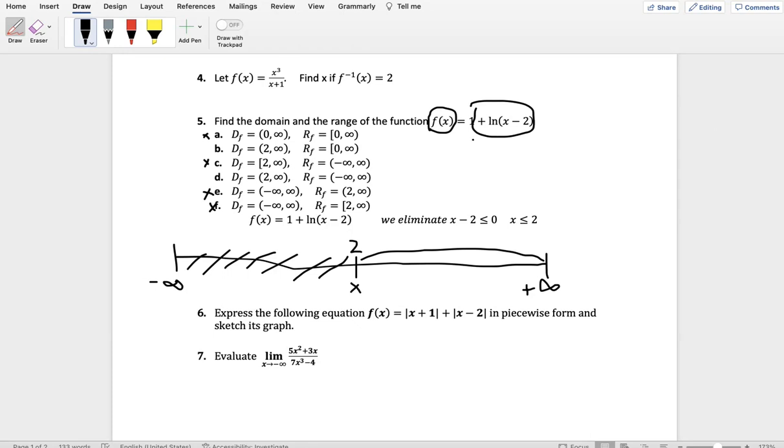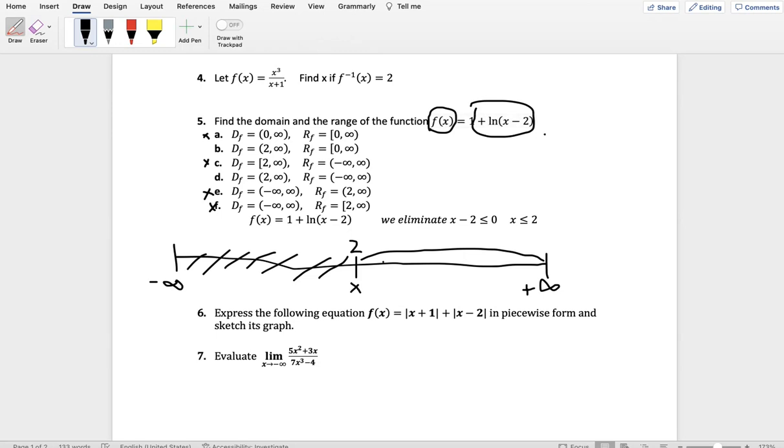Now, based on what we have here, since this is our domain, if you take any value in our domain, let's take 3, for example. If you take 3, because 3 belongs to our domain, you plug it in there, you have 1 plus ln of 3 minus 2, which is ln of 1, and ln of 1 is just 0, so which is 1,